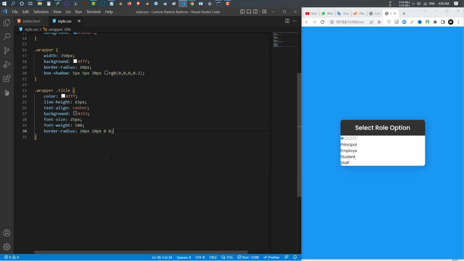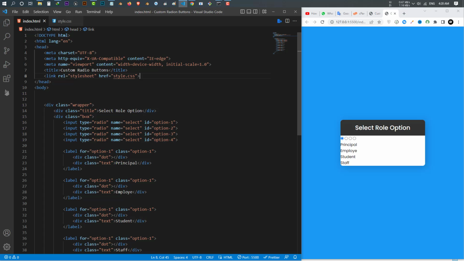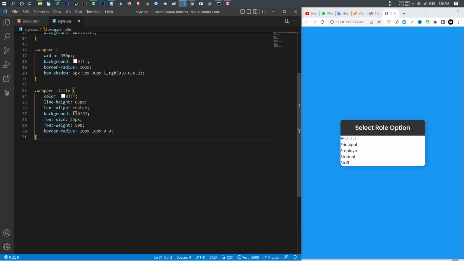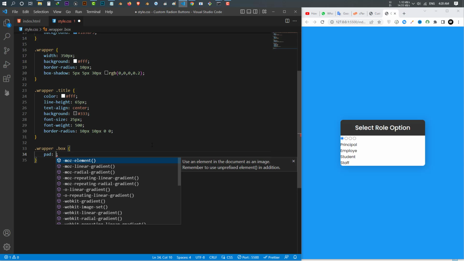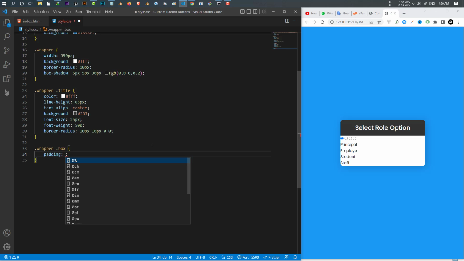And after that we have the box. So from the wrapper I select box, and let's give it some design. What I want to do is go to my box, there will be some boxes inside the box, the radius and label and etc. So the first thing I have to do is to give it a padding